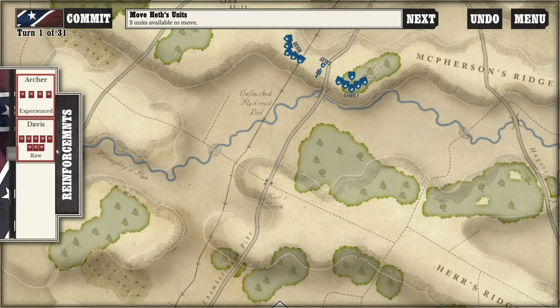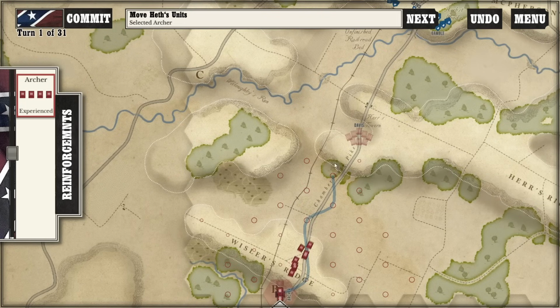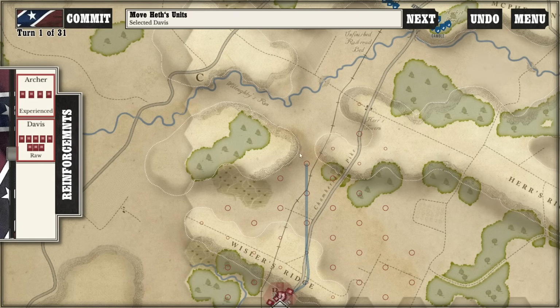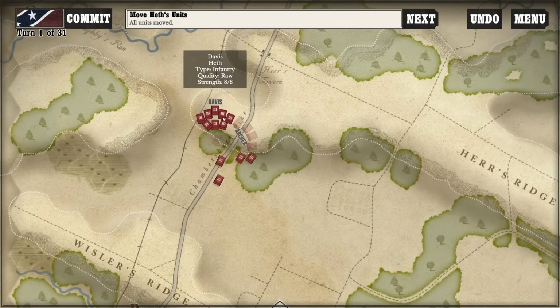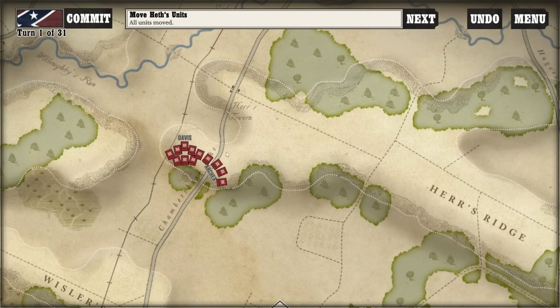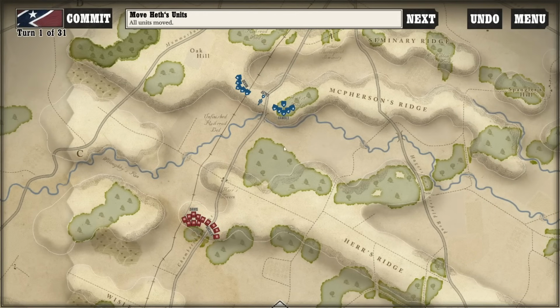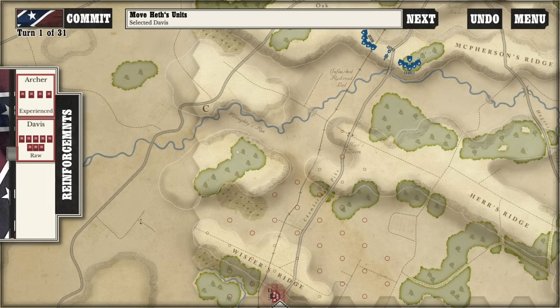For example, we put Davis out front here, and I can undo my move here. And you can undo until you commit. So let's put Davis on the pike to the north here, and then we can put Archer just to the south here. You can see the units automatically snap to a position based on where units are around them. So it allows you to make a cool little atlasy looking map, which frankly I like. But for the moment anyway, the Confederacy's goal here really has to be to push the action